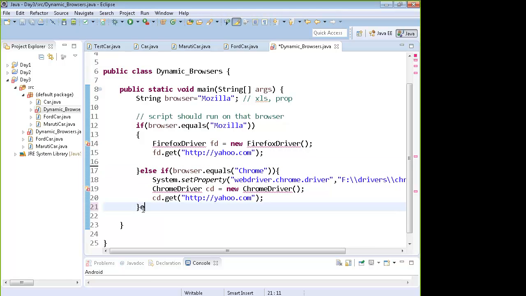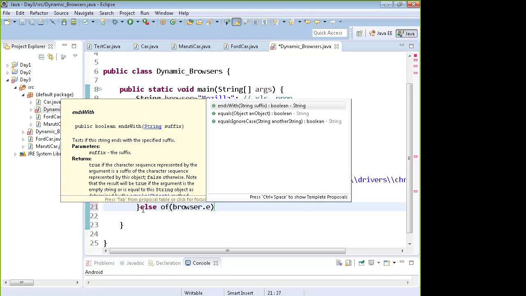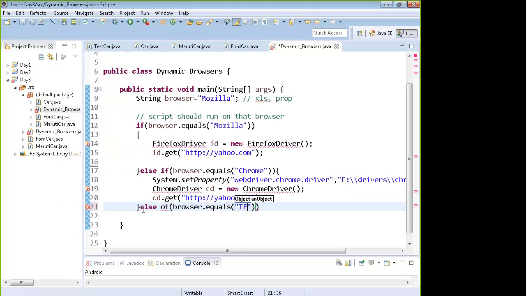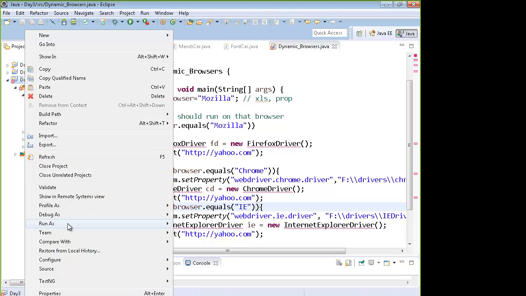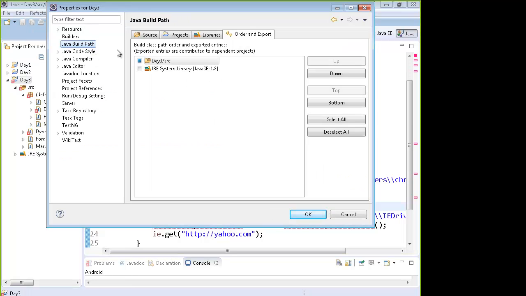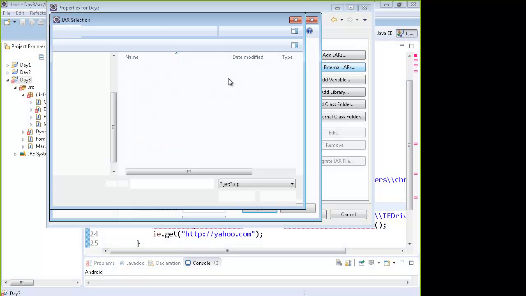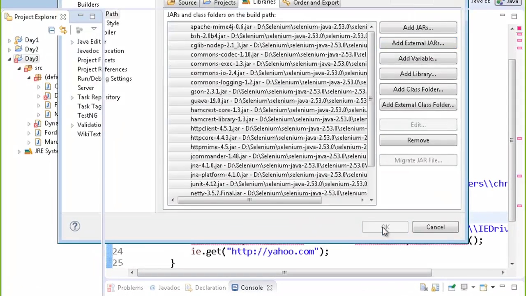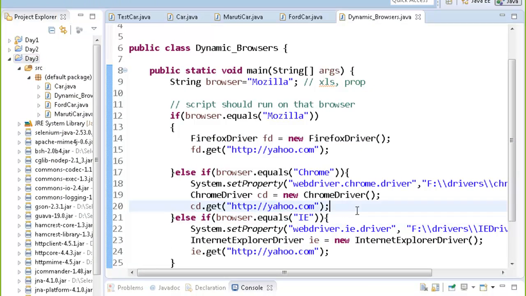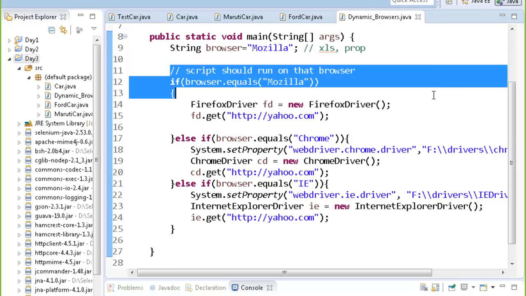Else if browser is equal to IE, you can write the code to run it on IE. I'll include the jar files of Selenium in the project. The jar files of Selenium are not there. Fine, so you will have to make a script like this.